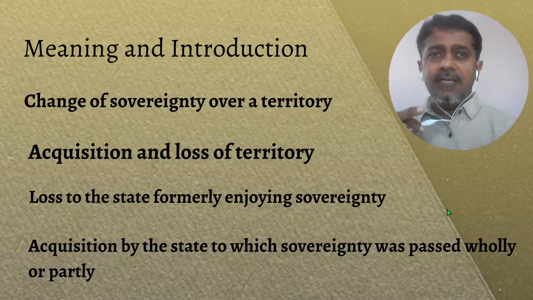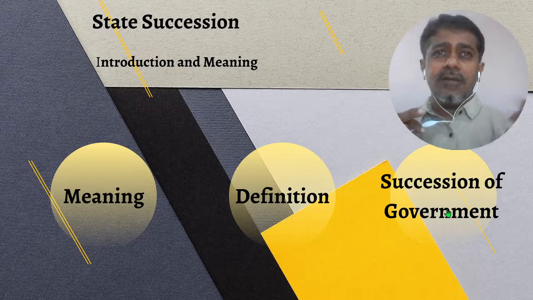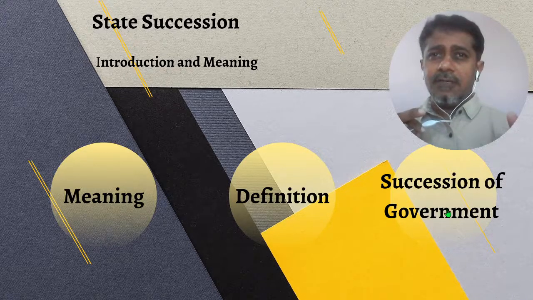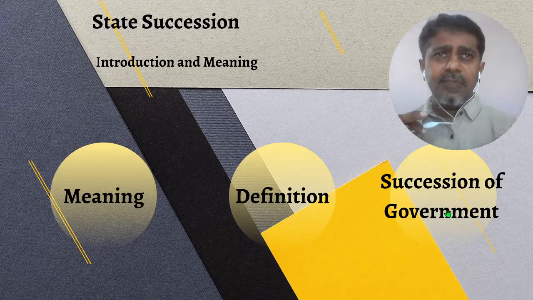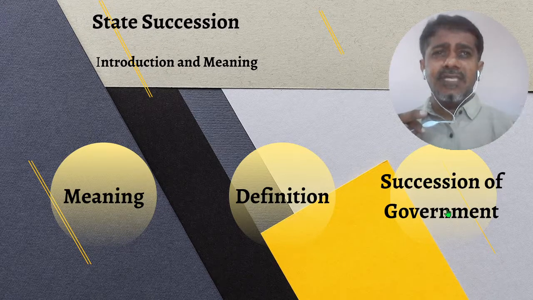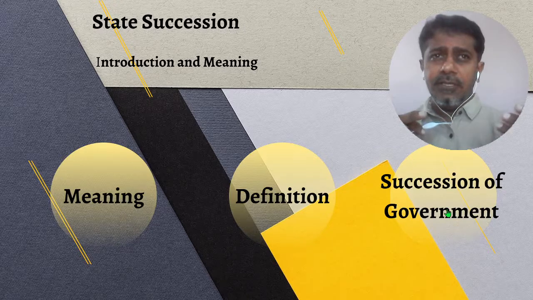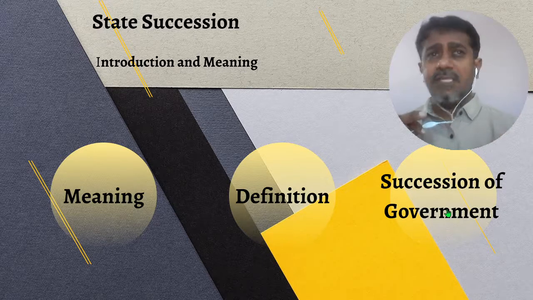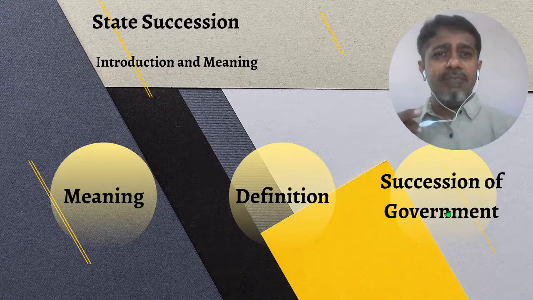Moving further is regarding what we call the definition. As I have been telling you about the controversies around the codification of the law dealing with state succession, efforts were made in 1978. In 1978, the Vienna Convention was made, through which they tried to codify the law dealing with state succession. And even before that, efforts were made after decolonization, the era of decolonization during the 1940s and 50s, almost the 1950s, 60s, and 70s, where most of the territories were decolonized